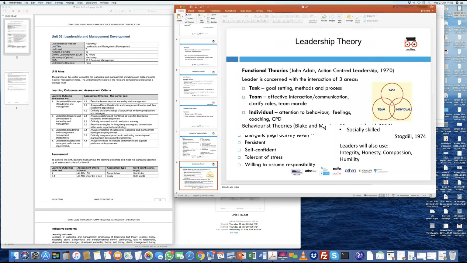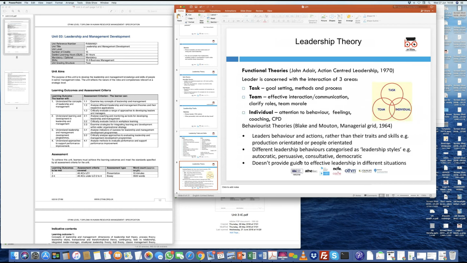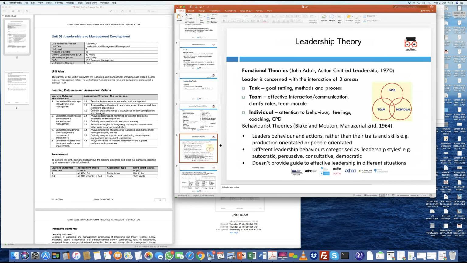Now, when we look at some of the leadership theories, when we looked at early theories, the idea was to try and understand the difference between skills and trait. When we look at some of the theories which were introduced in the early 70s, here the concept had actually evolved, and they talked about that leaders can look at 3 different areas before they show this trait of leadership. They are task-oriented, they are team-oriented, and they are individually capable of doing a lot of things.